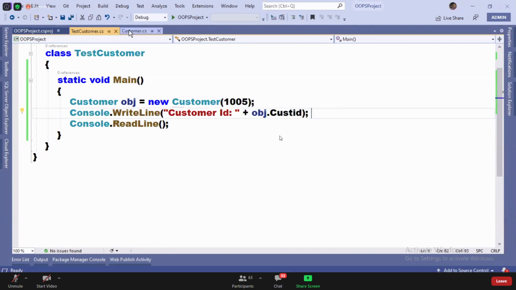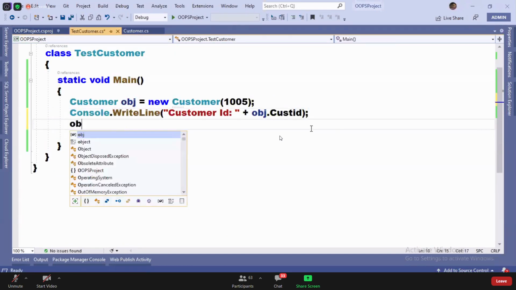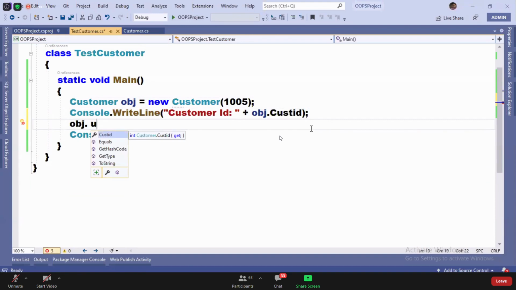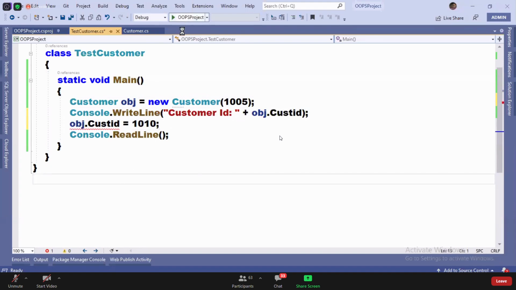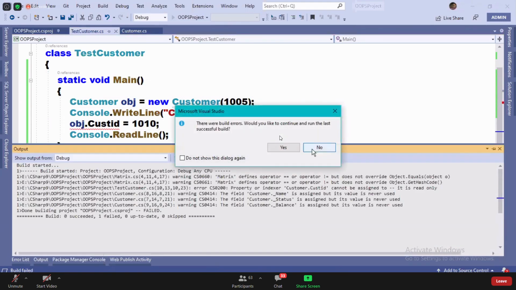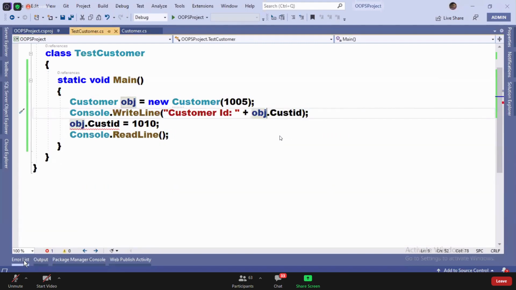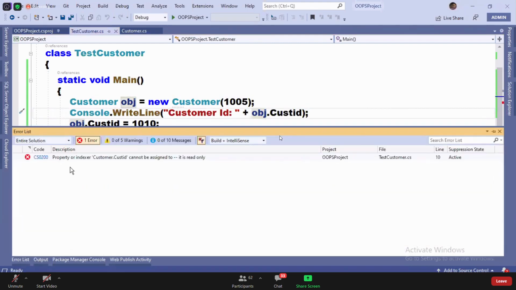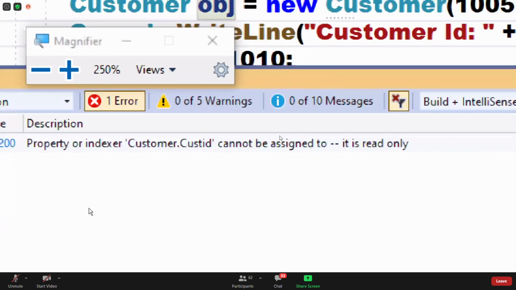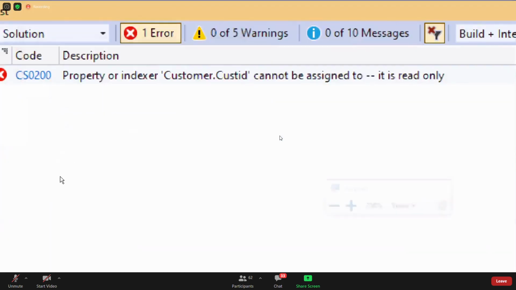Same like this, guys. If at all you want to assign a value, suppose obj.CustomerID equals 1010. I'm just trying to assign a value. But see, guys, when you try to assign a value, you are getting an error. What is the error? Guys, observe it.